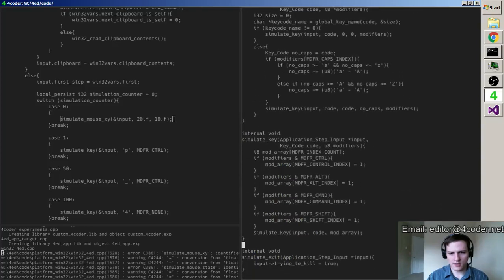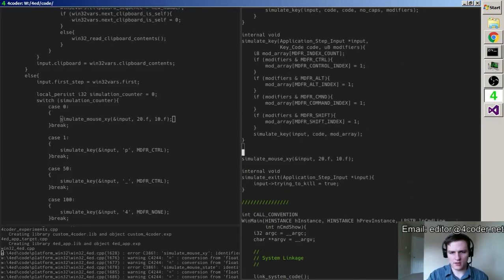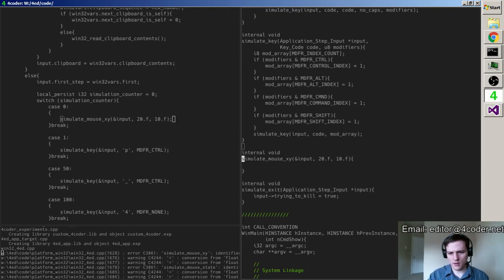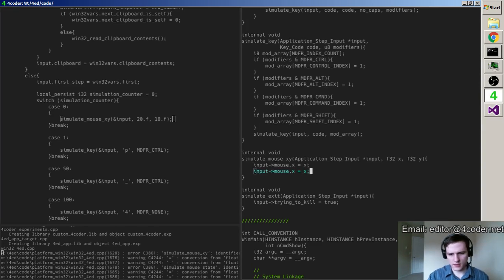So here's simulate key stuff. Let me put in simulate mouse XY. Input mouse.x equals x, mouse.y equals y.